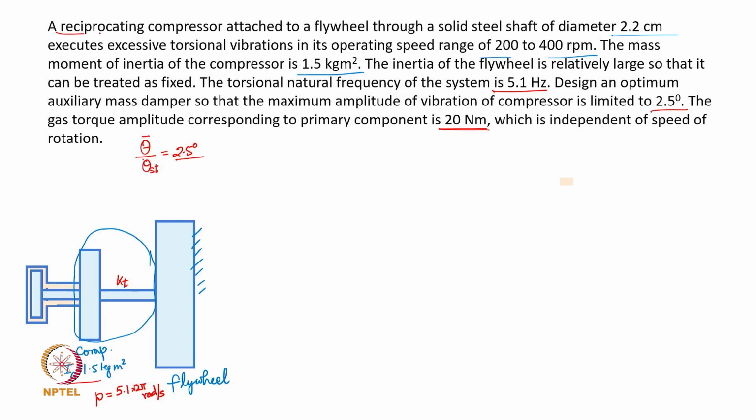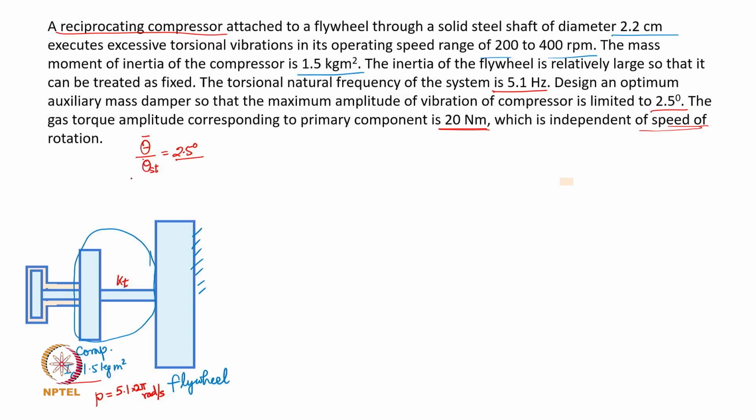Mind you, it is a reciprocating compressor, so you will have primary and secondary torque. And more importantly, for the sake of simple calculations, it is declared that it is independent of speed of rotation. So you don't worry about the variation in the primary component over a speed range. So assuming that to be the case,